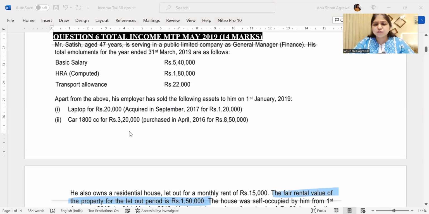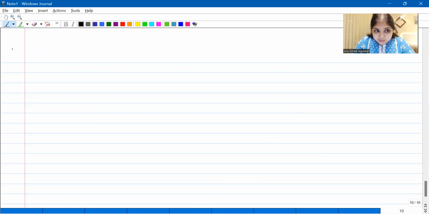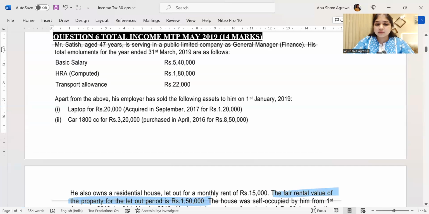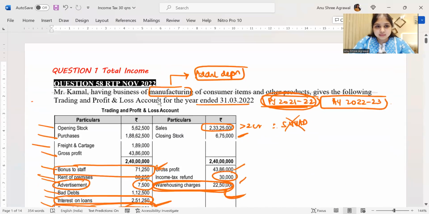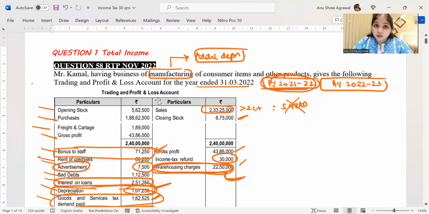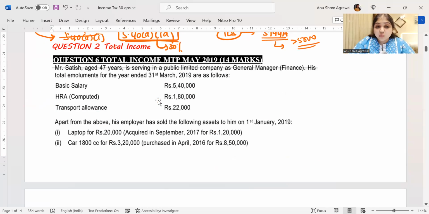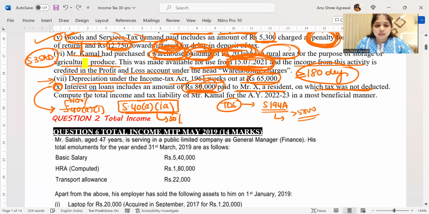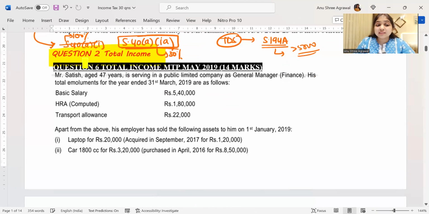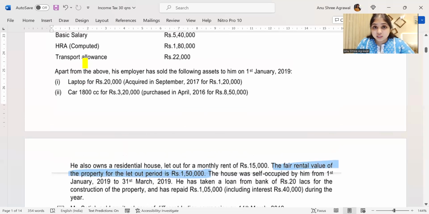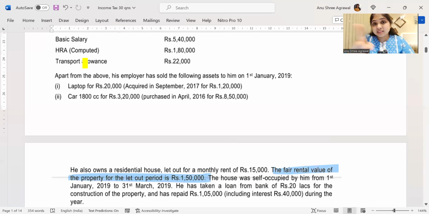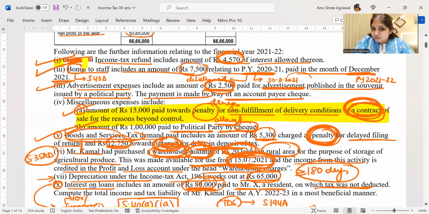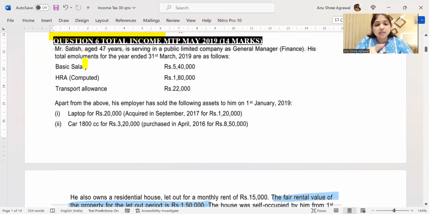The first question was a lot of learning, and the second question is going to be even better. Come on, let's begin. Do not forget the tax table, okay? Now, question number 1 that we just worked out was regarding total income, but focusing on PGBP. Question number 2 that we're going to work out is a salaries based total income question. A total income question can either be salary based or PGBP based. So what we worked out just now was a PGBP based total income question. Now what we're going to work out is a salary based total income question.